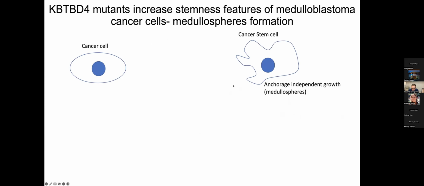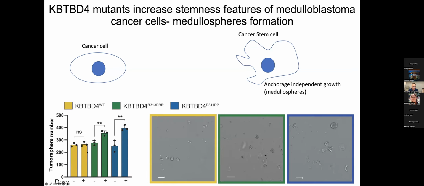And so to prove in vitro and in cells that there was actually an increased stemness when we overexpressed our KBTBD4 mutant, we did two assays. We first measured the capacity of these cells to grow in an anchorage-independent manner, so the capacity to form medullospheres. And as you can appreciate here, the wild type doesn't have any effect. Instead, the mutant KBTBD4 has a striking effect in increasing the formation of medullospheres. So it looks like these cells are more able to grow without attachment,